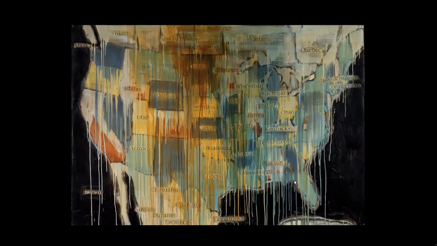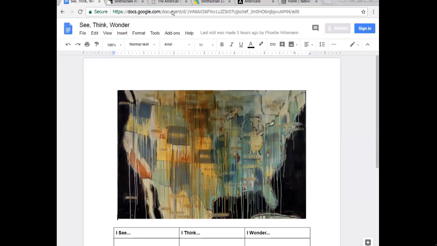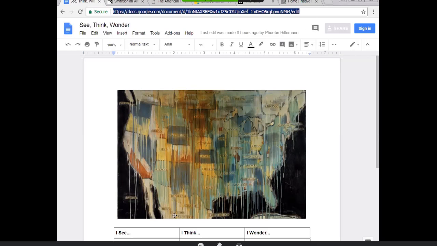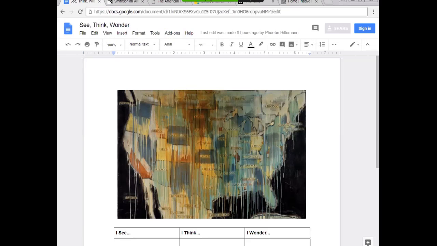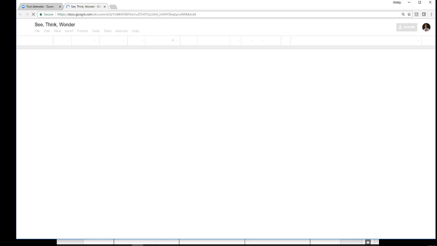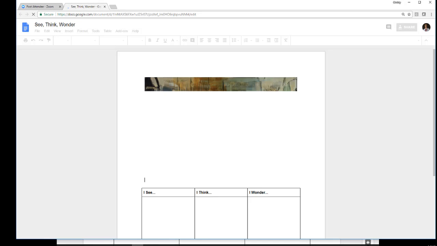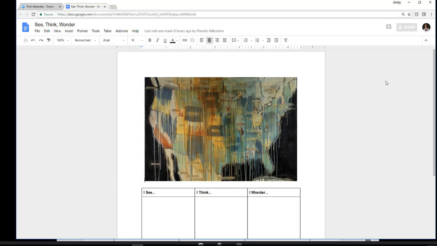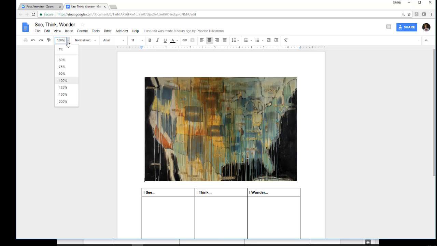We can collaboratively share our thoughts. So what we're going to do is send a link to a Google Doc in the chat box. Anne is copying and pasting it right now. And there it is. If you would just copy and paste that URL into your web browser, it should take you to a Google Doc that says See Think Wonder. Okay, good. I'm seeing some people joining already.